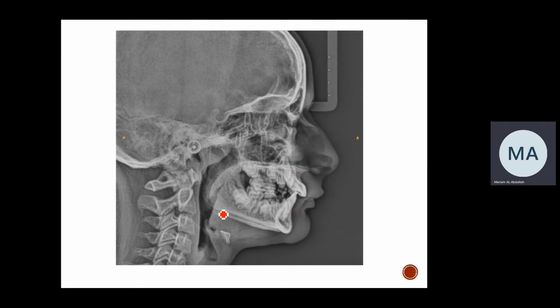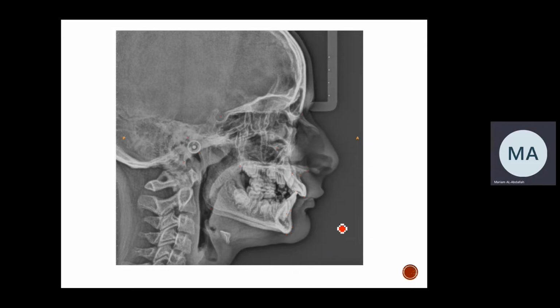Then a point that represents the angle of the mandible, specifically the most inferior posterior part of the mandible, is right here, where we take the average between these two lines. After that, we have the articulare, which is an imaginary point that represents the junction between the basilar part of the occipital bone and the posterior part of the head of the condyle here. And then the end point is the basion, which represents the most anterior part of the foramen magnum. Right, so these are the main points